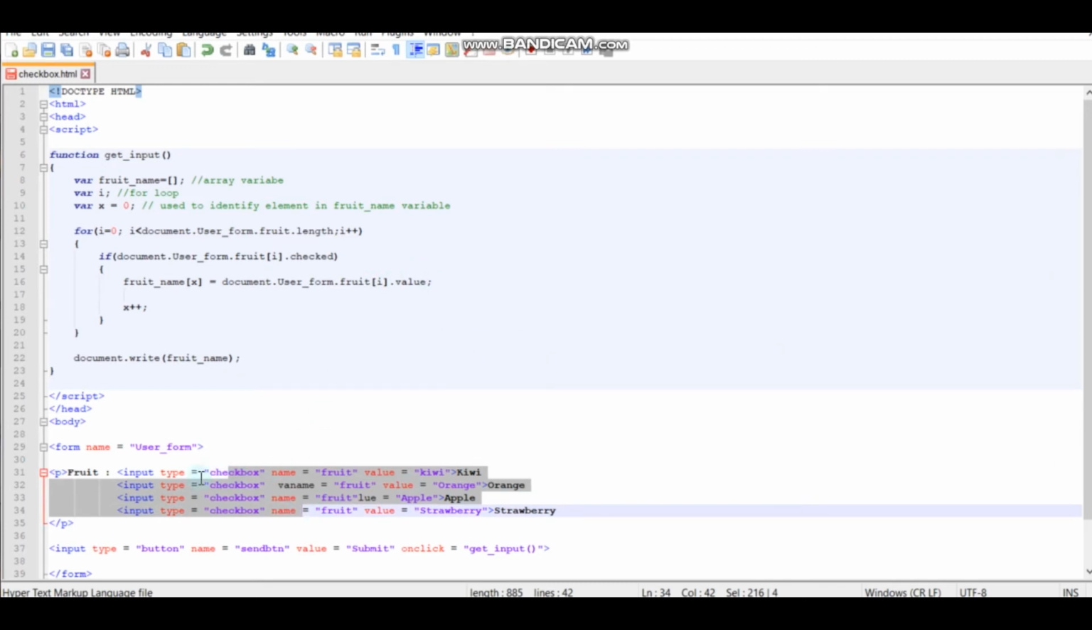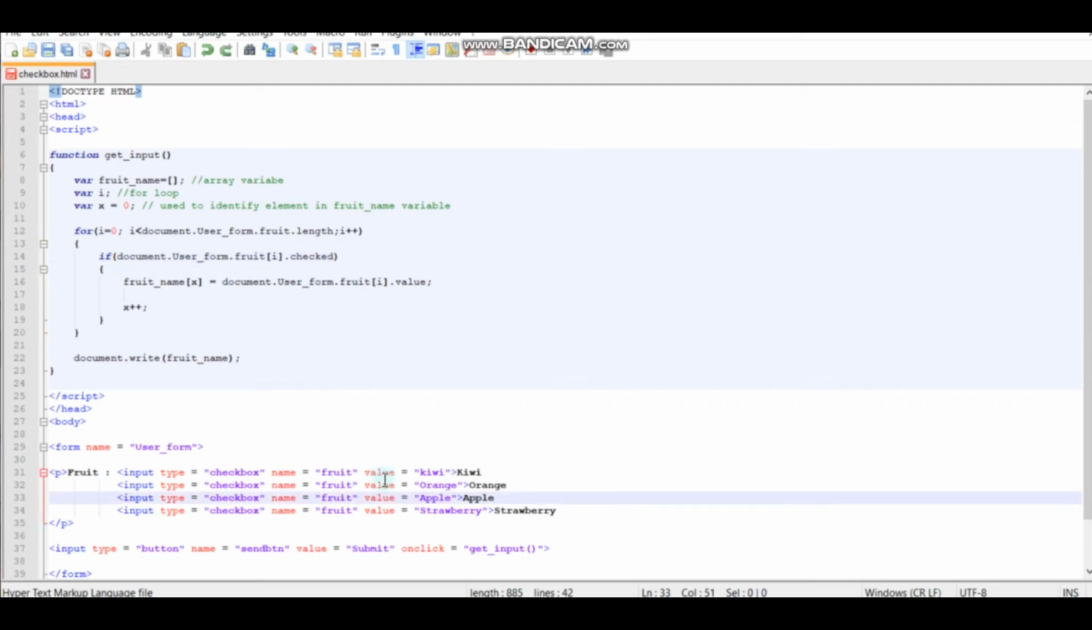So right here we got 4, right? Will be 4. Alright, i plus plus. And inside the for loop, we need to create an if statement. An if statement is used to check whether the value is being checked is